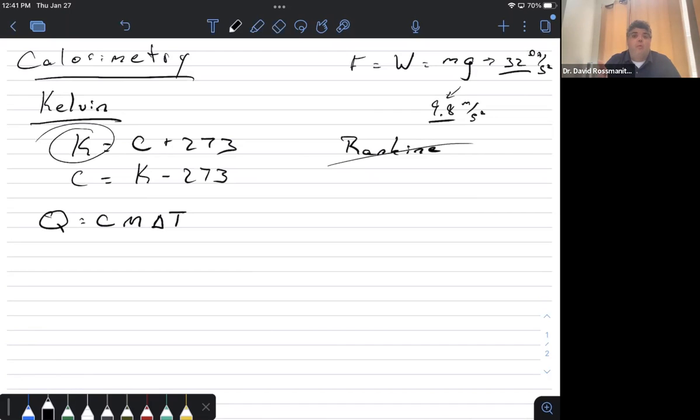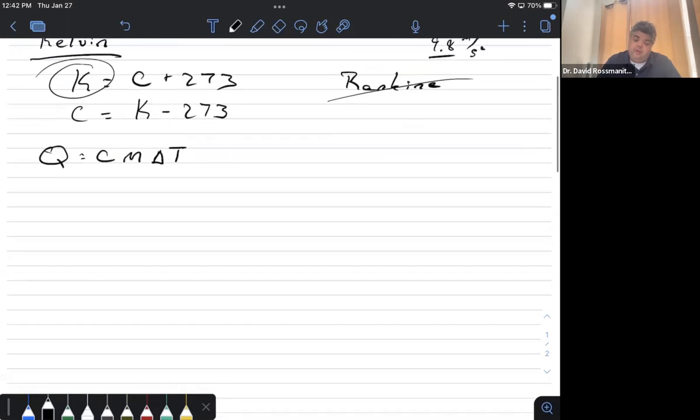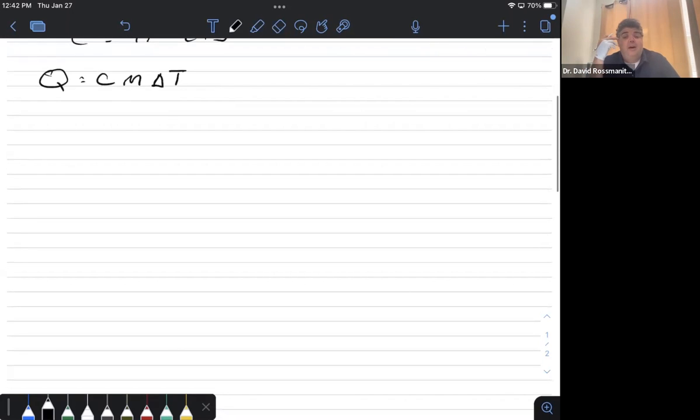And so you could ask, what would this equilibrium temperature be? That's the kind of thing we want to get to with calorimetry. That's more interesting. But how do we do something like that? Given this is the equation we have to work with, how can we mess with multiple objects at the same time? And so what we do is we use another concept of physics, which is the conservation